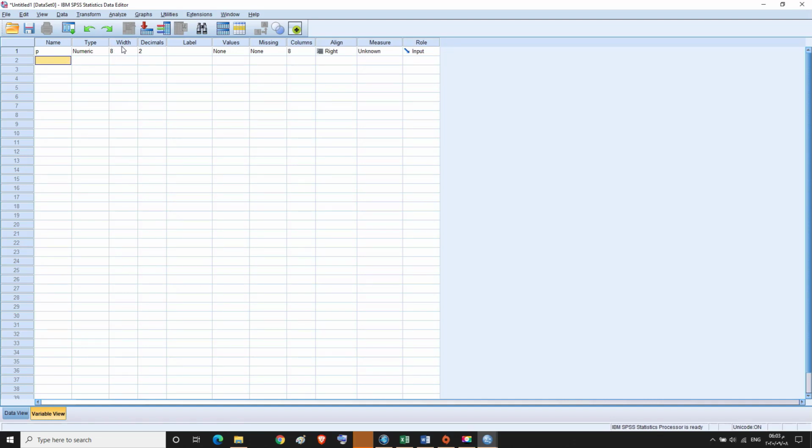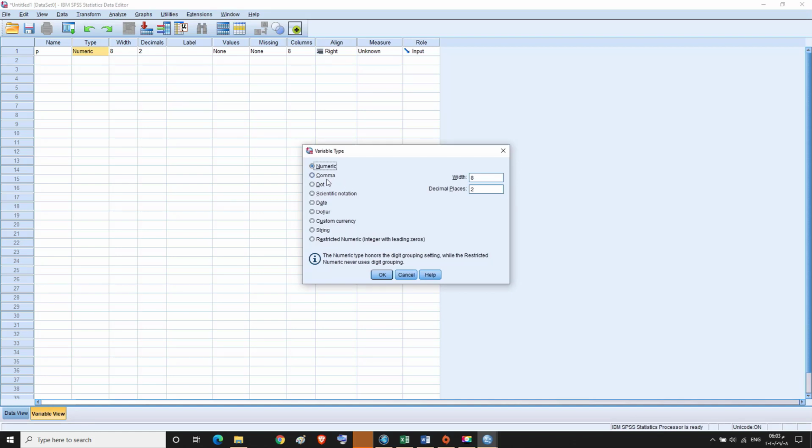The type, width, decimals, label, values, missing, columns, align, measure, and role appear. In this field we keep the options as they are.